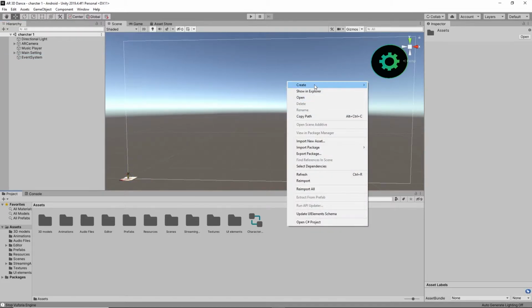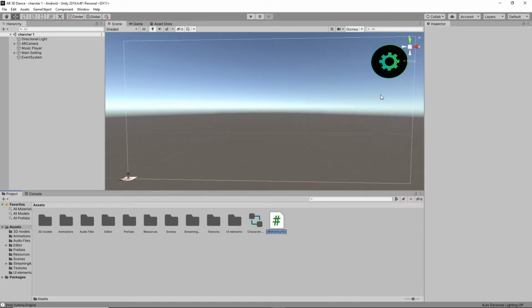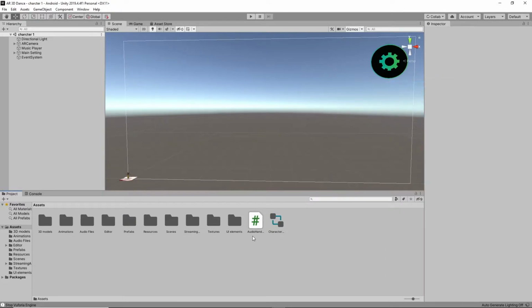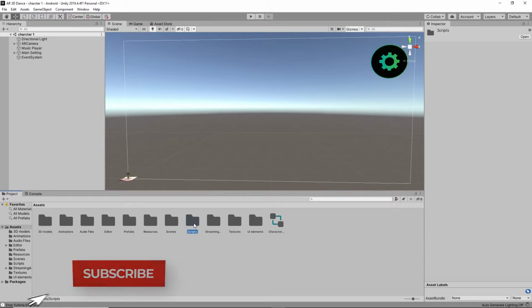Now I'm going to create a C# script here. For the first time, we are going to start a script in this project. So I'm naming it, for increasing and decreasing audio, right? Audio handler will be good. Audio handler. So create one more folder, and name it scripts. So all scripts should be saved here. So audio handler, let's work with the audio handler here.